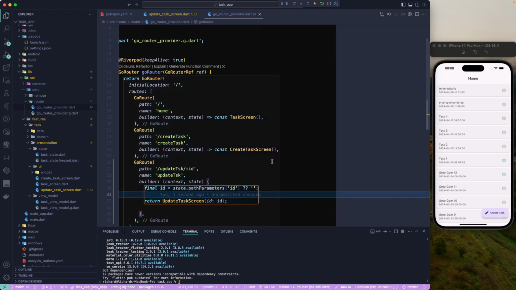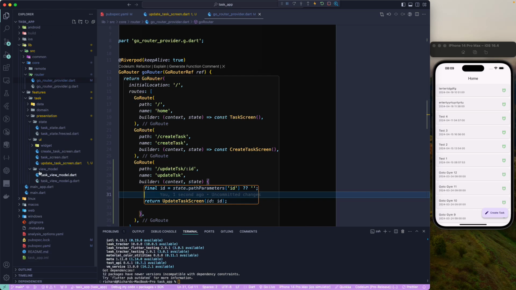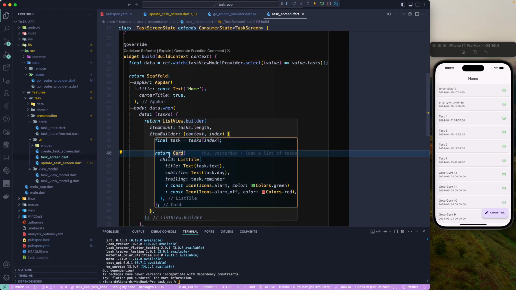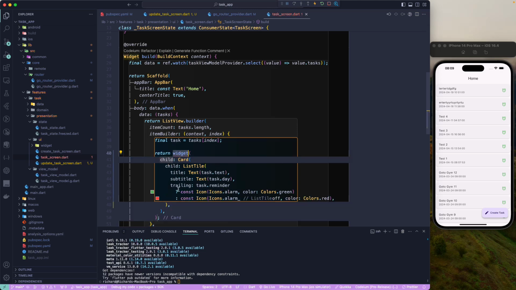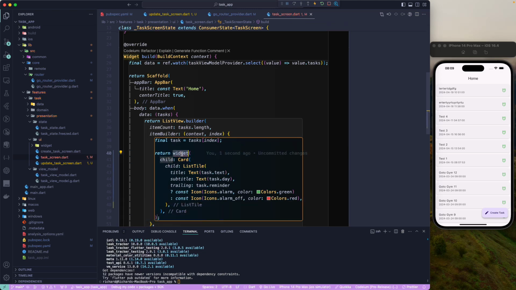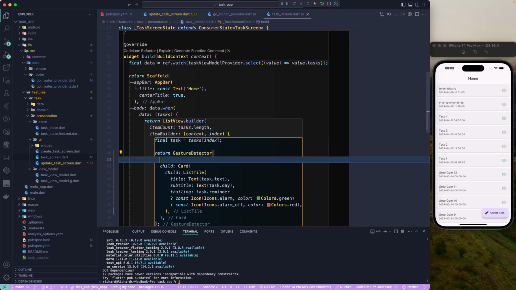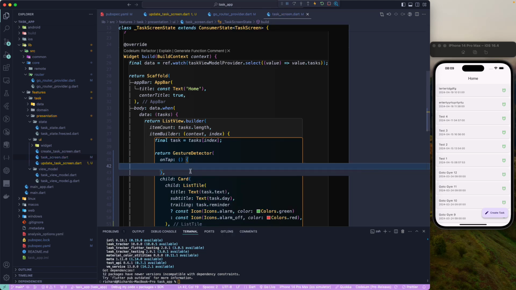So this is what we have, and the next thing is that we need to open that particular page once we click on to this particular task. So let's go down to our task screen over here, and we will wrap this particular card. Let's just go and wrap this one with the widget, and here we'll just go and call the gesture detector over here, and on tap what we'll do is we'll go and call our